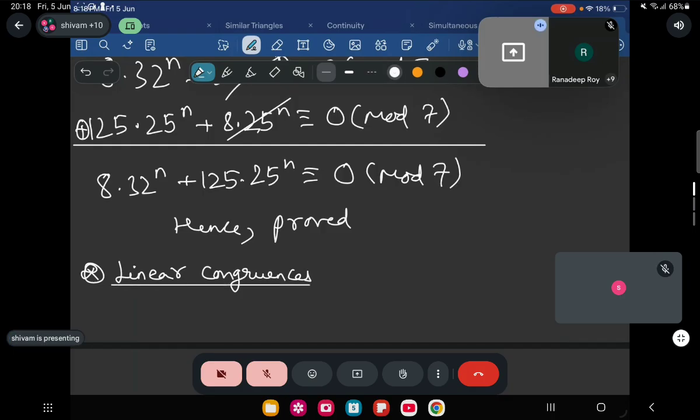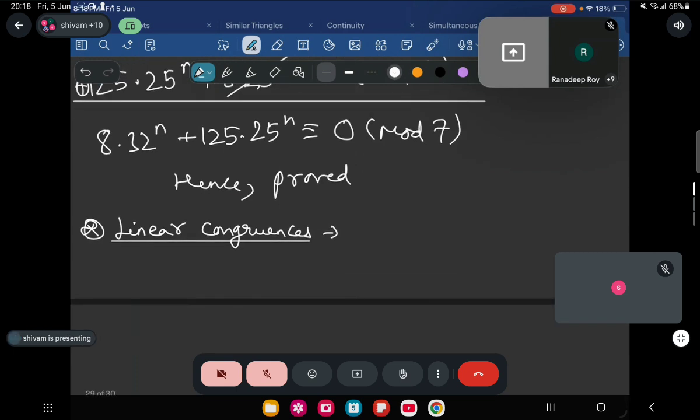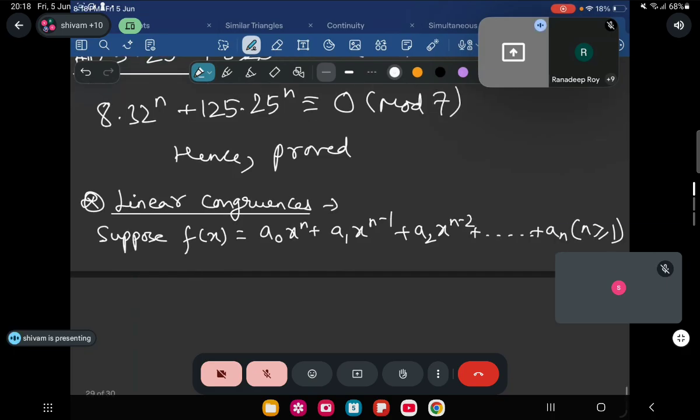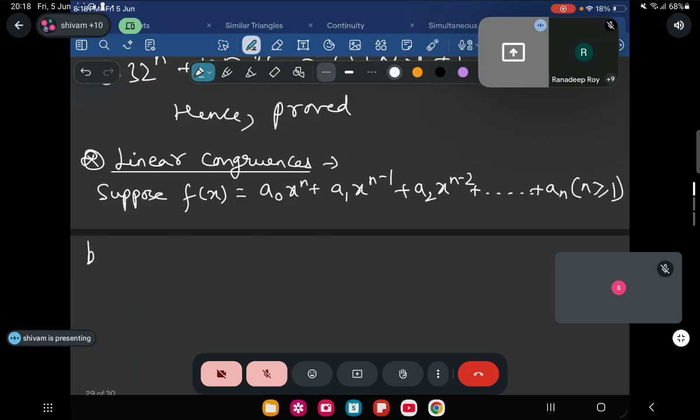Linear congruences. So what is a linear congruence, everyone? Pay attention. Suppose f of x equal to a0 x to the power n plus a1 x to the power n minus 1 plus a2 x to the power n minus 2 plus dot dot dot plus an, where n is greater than or equal to 1, be a polynomial